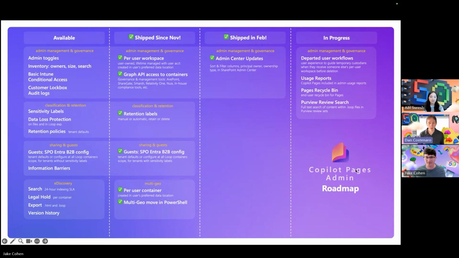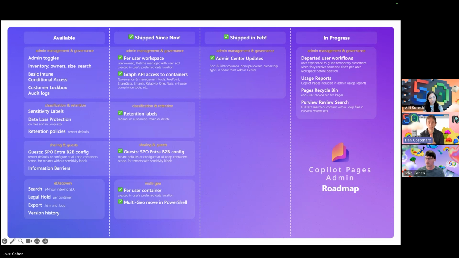So I've shown this slide before when referring to the Loop Foundation. And because Copilot Pages are built on that same foundation, this may look very familiar. This is simpler for the user-owned workspaces. Like I mentioned before, the benefits of building on top of the SharePoint Embedded platform are immense for us as a team delivering a new capability. We get a lot of those things that you see on the left. And those are very frequently asked questions and very important for a lot of the larger organizations that deploy